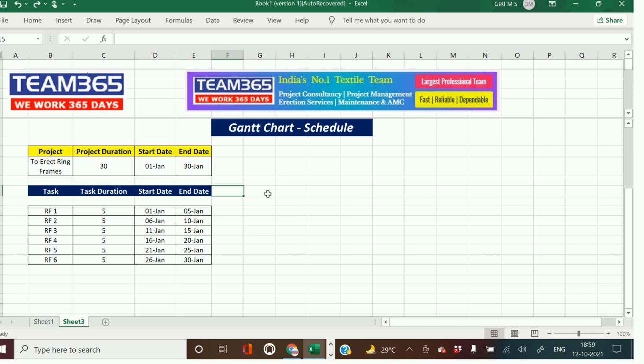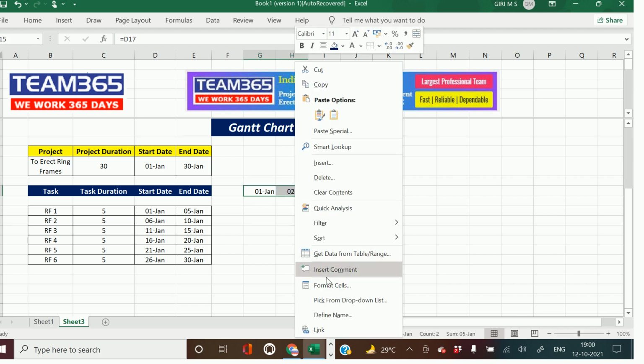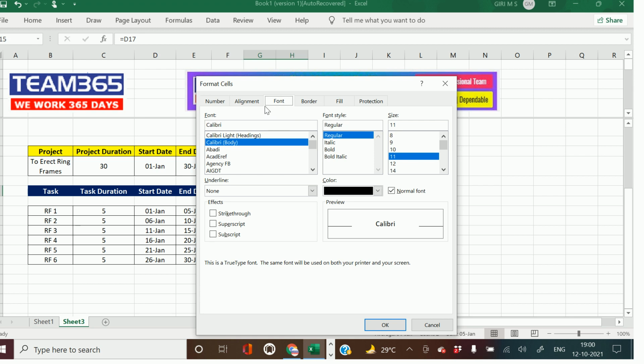So now let us select this column. So you require a calendar or a timeline basically to depict the graph, right? So to make the calendar or timeline, this will be our start date, right? 1st Jan. Then the next column will be plus 1, 2nd Jan, right? But we don't want such big columns. What we will do, we will format these cells, go to alignment,